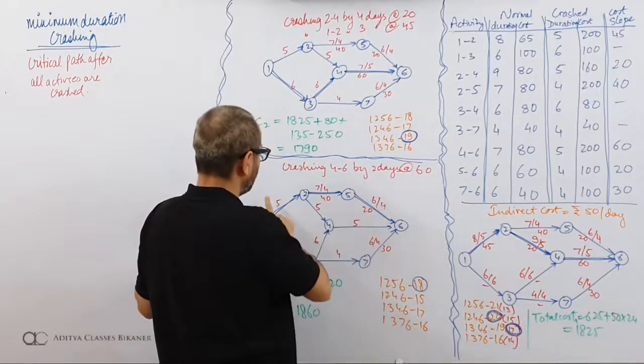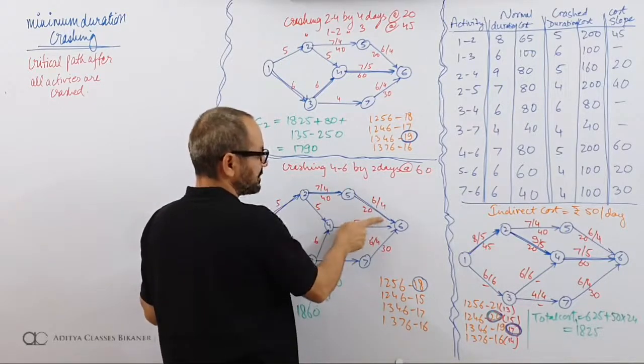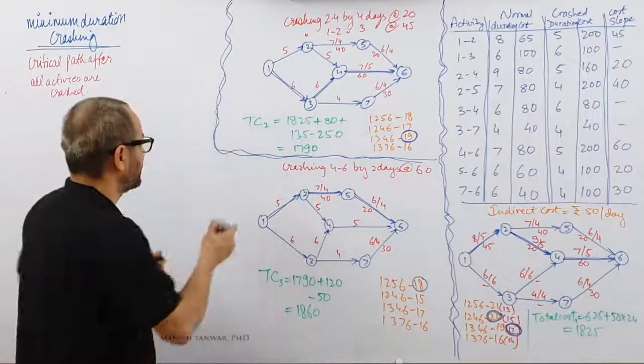Only 1 day is needed. You can save 3 days over here. You can save 2 days over here. Which one looks good? This looks good because it is the cheapest alternative. So what I'll do is,